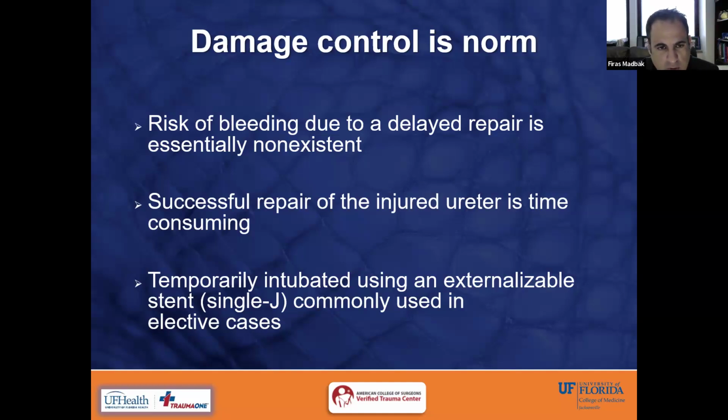If the patient's stable and you have the time, there's no more casualties coming in, and you have that luxury, sure, but it takes time, and there's no urgency. How do you do damage control for the ureter? Temporarily intubate it with an externalizable stent of some sort. If you have a single J ureteral stent, great. If not, just use whatever you can get your hands on. So a pediatric feeding tube or a small NG tube, something that you can use as a tube, small chest